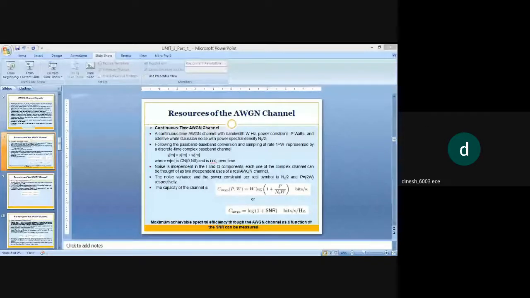For them, mutual information and channel capacity are defined relative to the input and output sequences. So these are based upon the proofs of the Shannon capacity or the Shannon coding theorem,